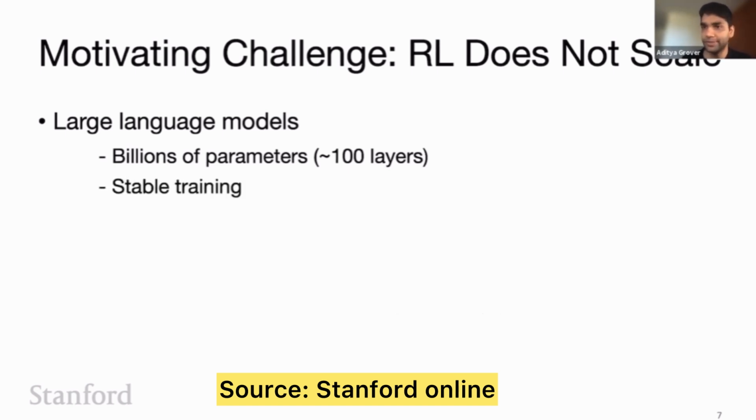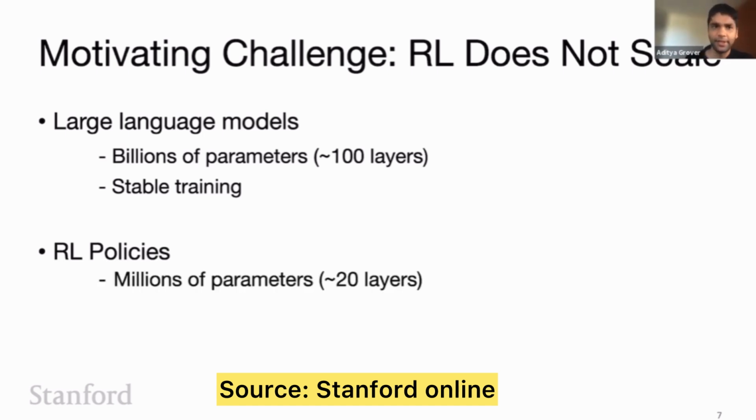They're very stable to train using supervised learning style losses, which are the building blocks of autoregressive generation, for instance, or for masked language modeling, as in BERT. And this is a field that's growing every day. There's a course on it at Stanford that we're all taking just because it has had such a monumental impact on AI. RL policies, on the other hand, and I'm talking about deep RL, the maximum they would extend